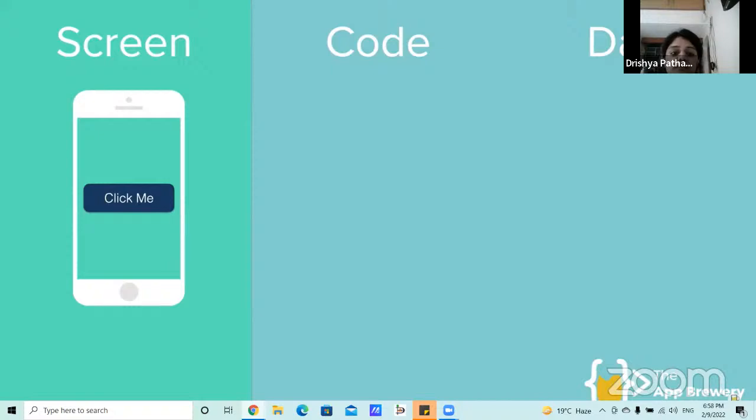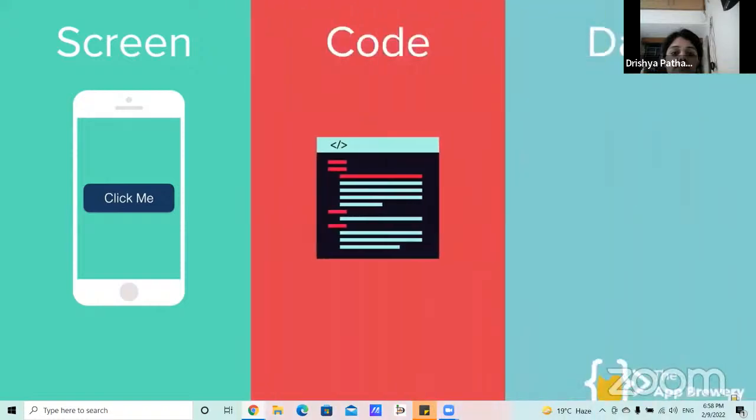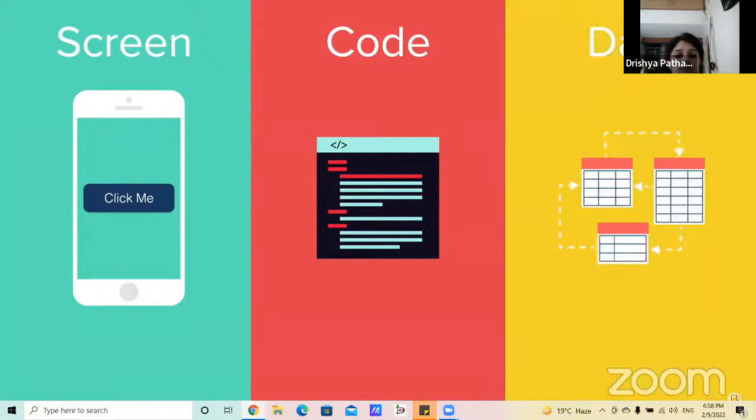Now, when those elements get interacted with by the user, say somebody taps on the button, then we've got the second component of the app that comes into play, which is the code. And this code is the plan. If this button called Click Me gets tapped on, then what's the next thing that should happen? Well, it's step 1, do this, step 2, do that. But if the user, say, used the slider, then in our code, there'll be a section that plans for what should happen when the user uses the slider.